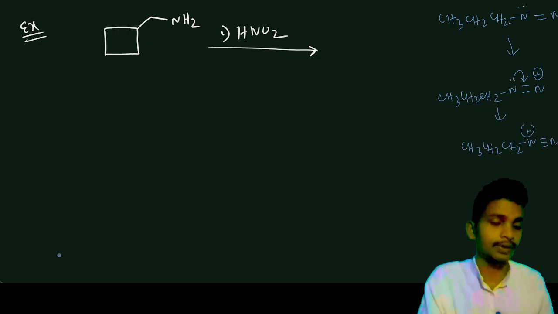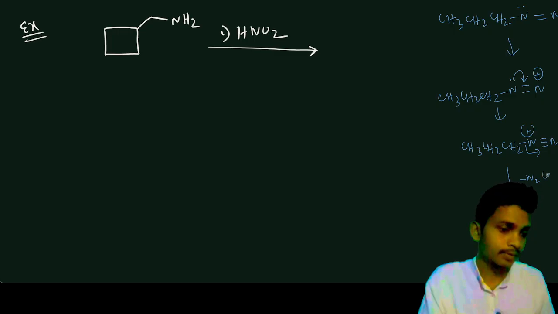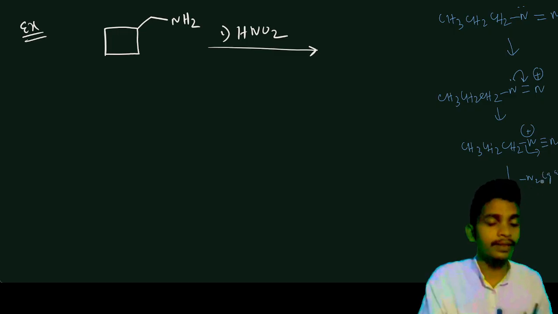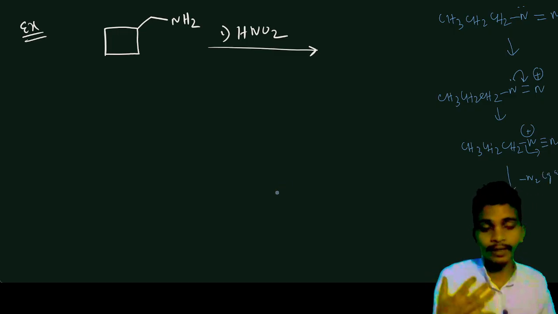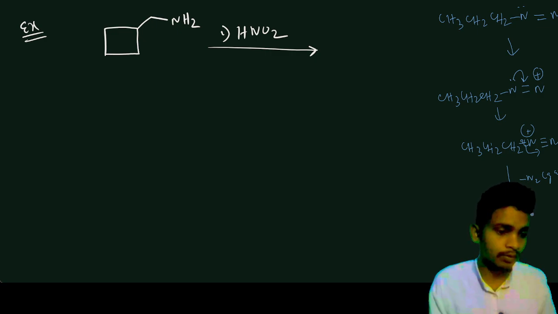And here we will have the positive charge. Now what will happen is that this is the nitrogen gas, that is N2 gas, and N2 gas is thermodynamically stable. So this will be released by taking this lone pair electrons. So this is going to be the CH3, CH2, and